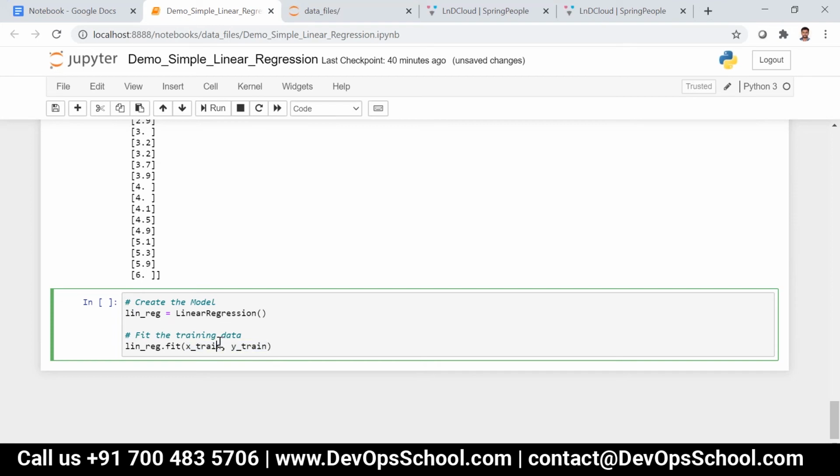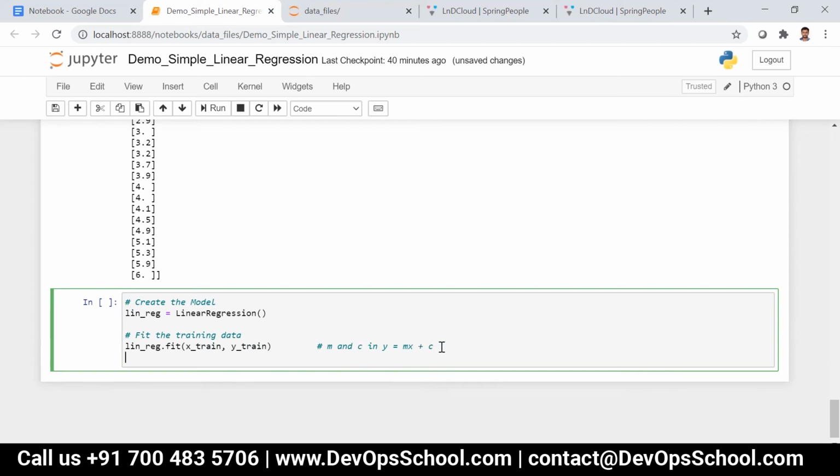The output will produce the formula for the best fit line. That is, it will generate m and c in y is equal to mx plus c. It understands the patterns of the data, and if you have m and c, you can easily predict for anything, right?